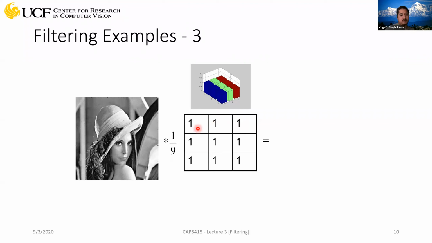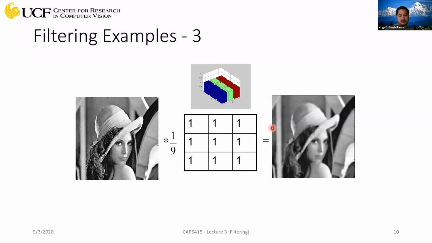You are multiplying the pixel values in the image using these values. So these values can be weights for those pixels. And then you're summing those up and normalizing. So both are equivalent. Now, in this case, all the pixels have equal weights, so it will compute a kind of average of all those pixels. So let's see what the result is. You can see that it's blurring the image.